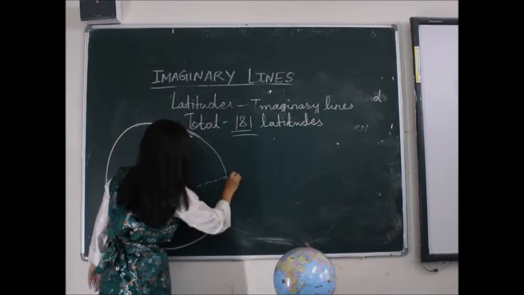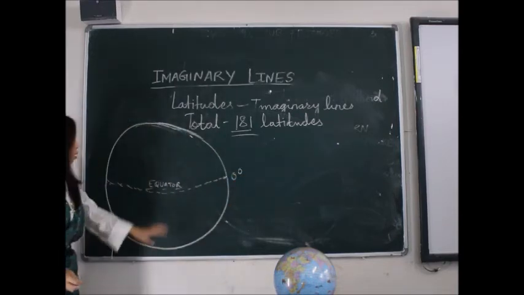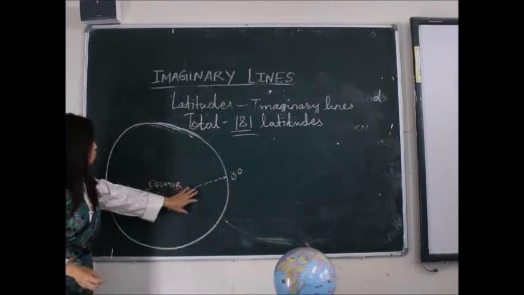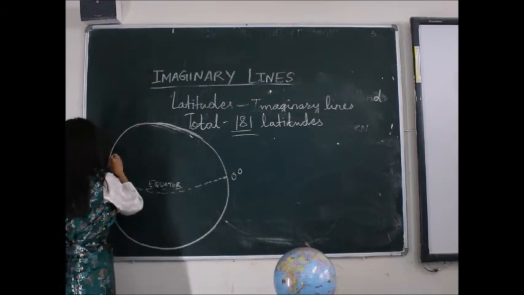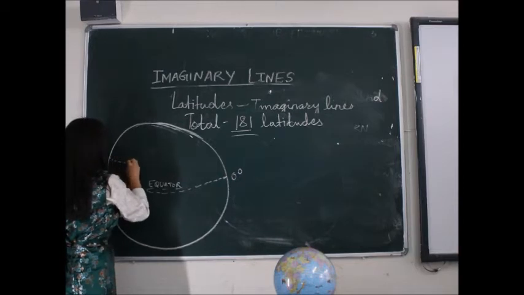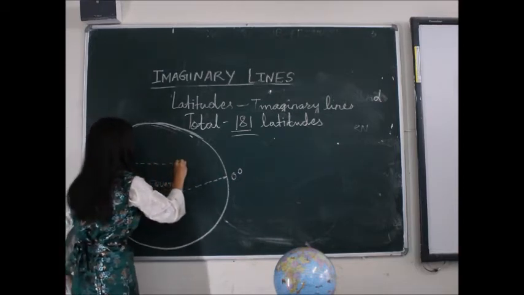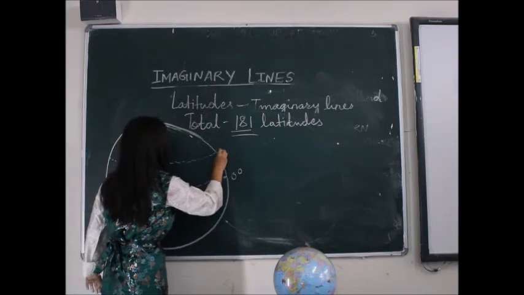Its value is 0 degree. So if we just move northwards, north side of the equator, we find another latitude. It is called